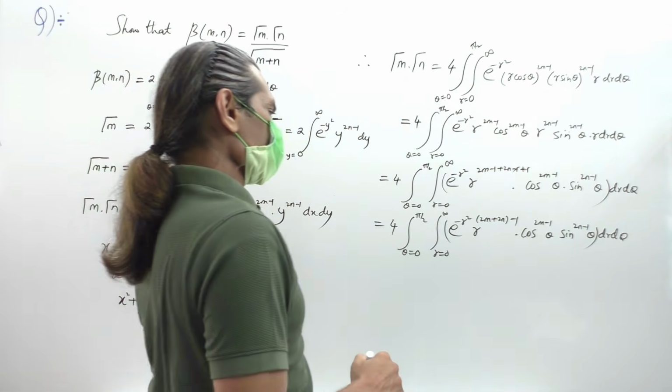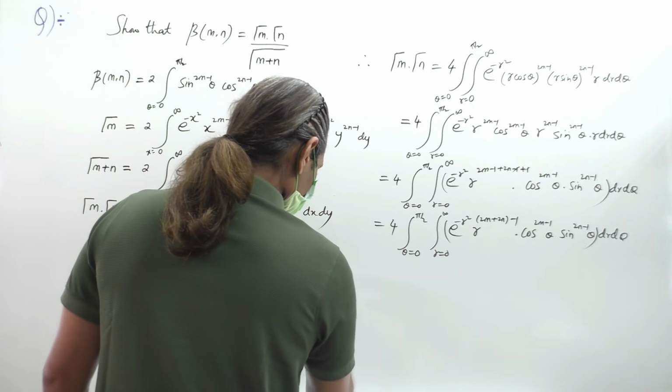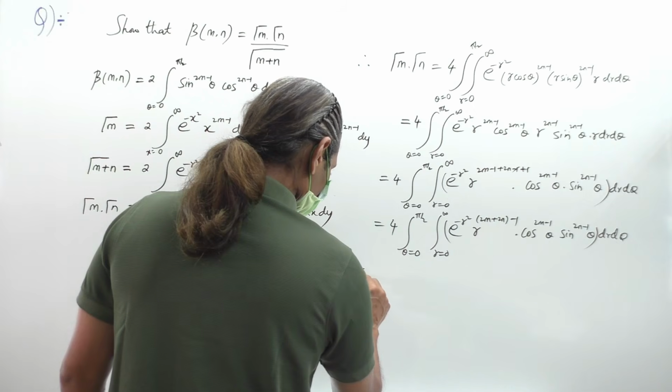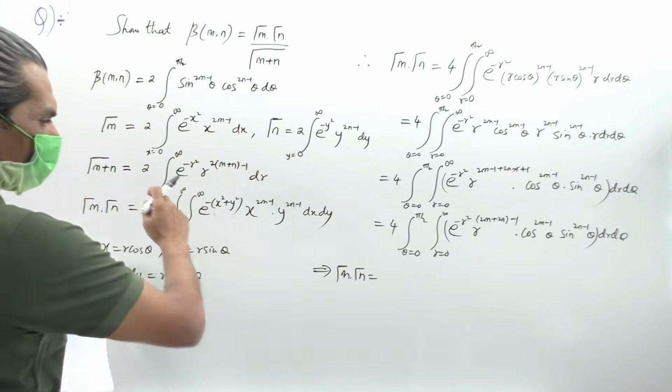Now what I'll do, I will separate both the r and theta components. That implies I can write gamma m into gamma n is equal to, so 4 twice now, so I'll separate as it is. So 2 times,